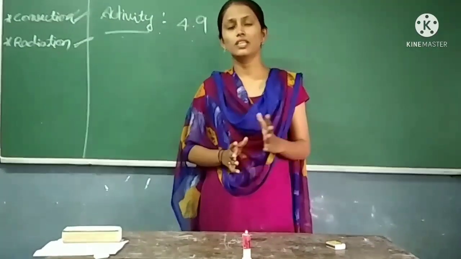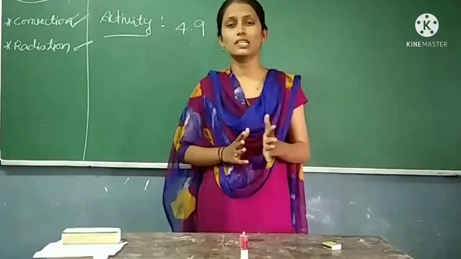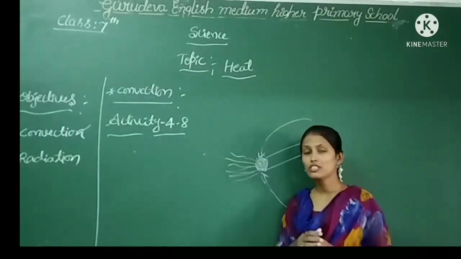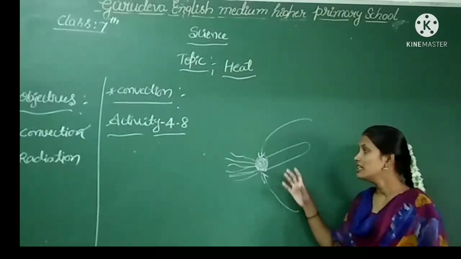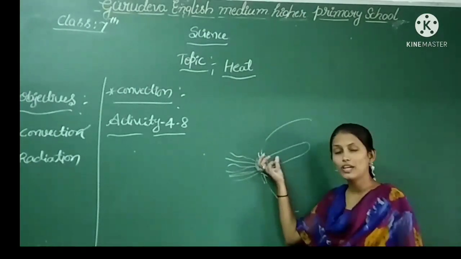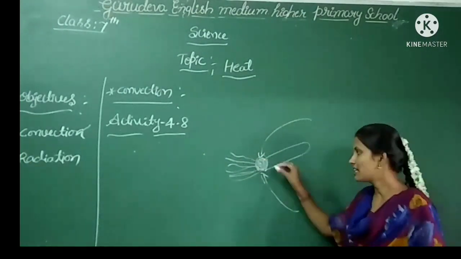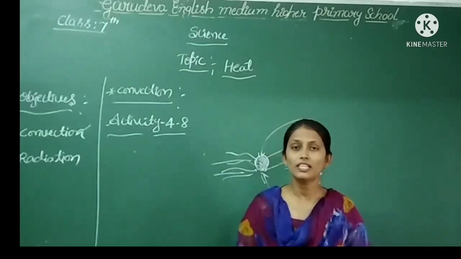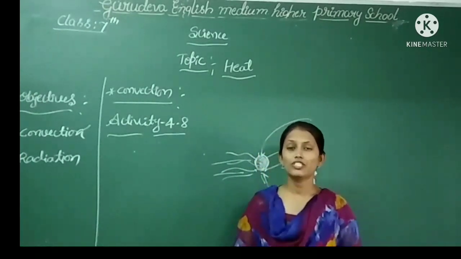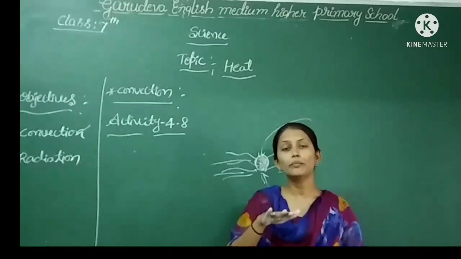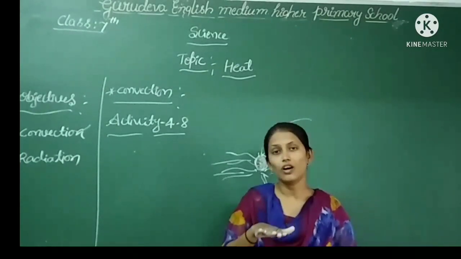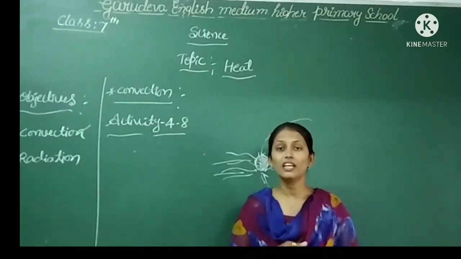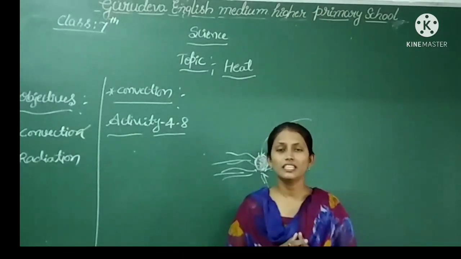Means from this activity we have concluded that the heat is transferred in the air by the convection process. Smoke, in which direction will it move? That is, where is the heat source present? In that direction, the smoke will move. Yes, dear children, you might have observed that in that activity, the hand which is above the candle becomes hot, and the hand at the side of the candle we are not feeling so hot as at the top. Yeah, the reason is at the top